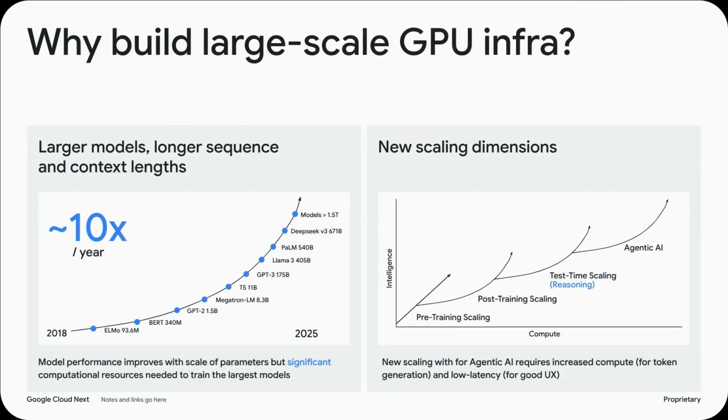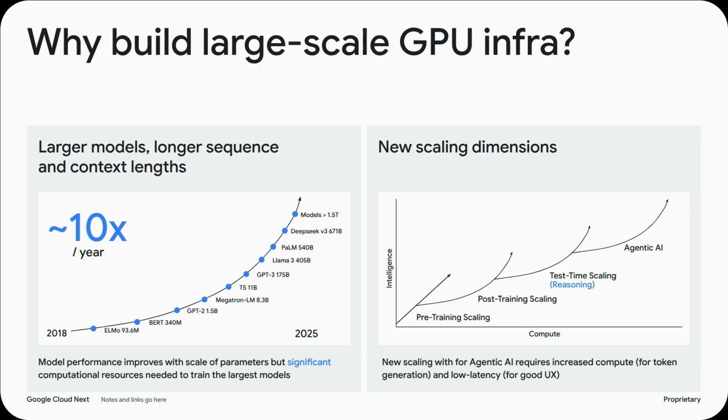Now, why even bother building these large scale systems? We see two trends in the ecosystem today. One is models are getting larger. We see 10x growth in the number of parameters, and longer sequence and context lengths for inferencing. The second is new scaling dimensions. Last year it was all about test time scaling, where inference required a lot of compute for throughput and latency, but we are seeing a new scaling dimension in agentic AI. All of these workloads require a lot of compute and also good latency,